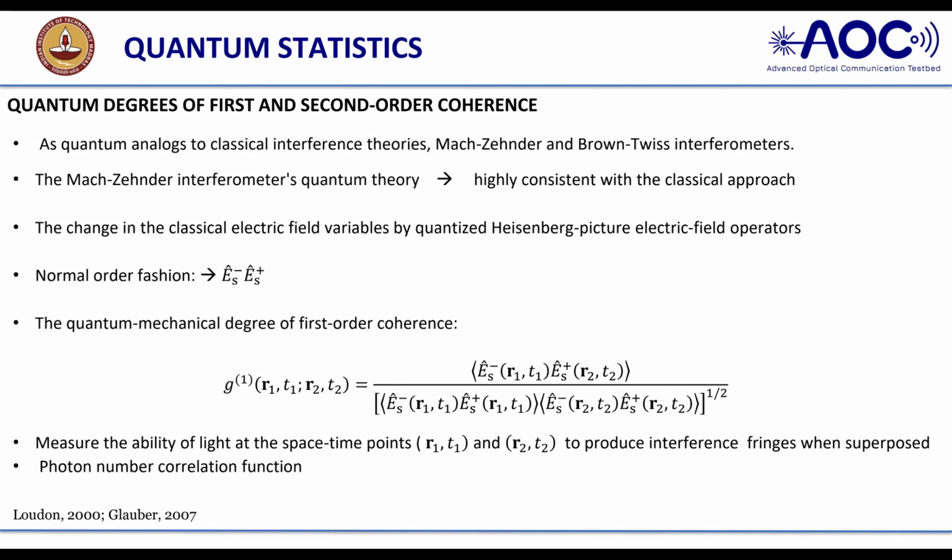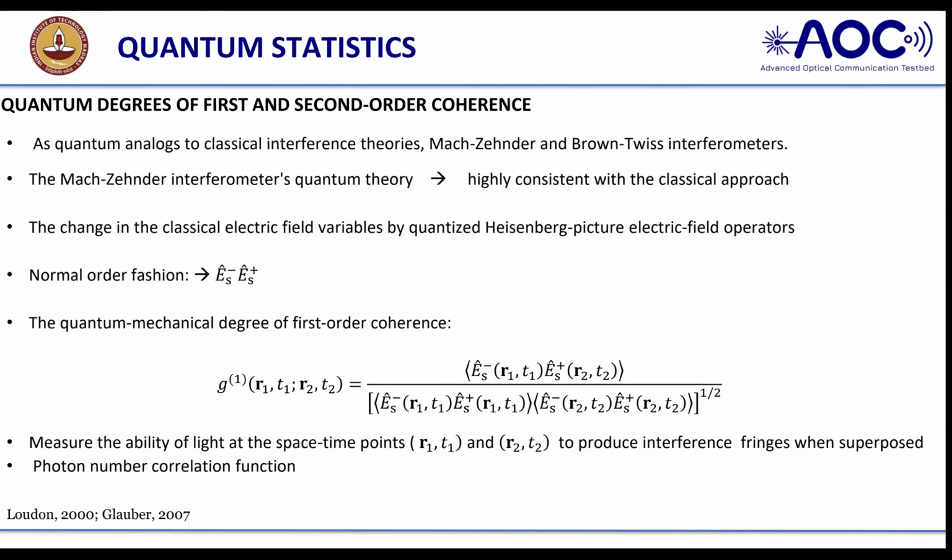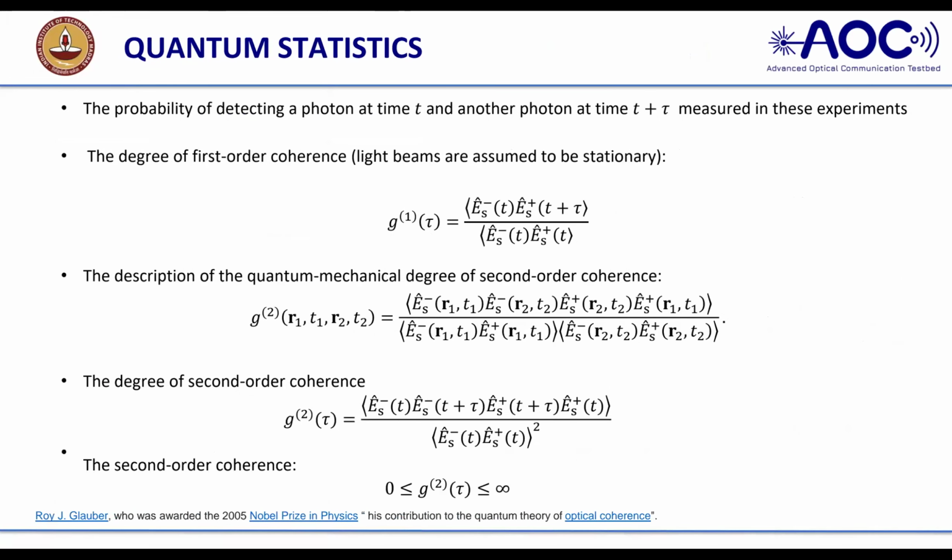So first we should know the first degree of coherence. First degree of coherence means you have the electric field operator, here creation and destruction, and similarly you are taking the square root of that. If it becomes 1, it means that we don't have any noise, right? But in our case, in the Mach-Zehnder interferometer or Hanbury Brown-Twiss interferometer, we assume that the light beam does not change with respect to position. Whatever Gaussian beam you give, it remains a Gaussian beam throughout the path of travel.